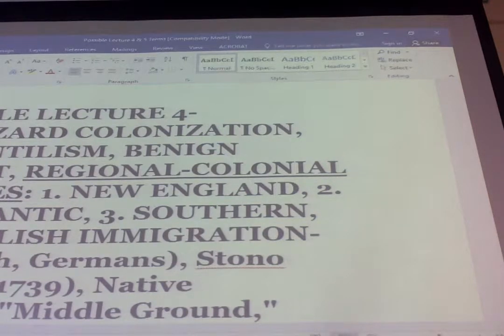So what is this policy of mercantilism? Technically, mercantilism is viewing the colonies as a source of raw materials. So you heard that in the video, right? They view us as a source of raw materials and as a market for British goods. Right, so we're a source of raw materials. We're supposed to grow, say, cheap tobacco, cheap cotton, send it back to the mother country, benefit the mother country.